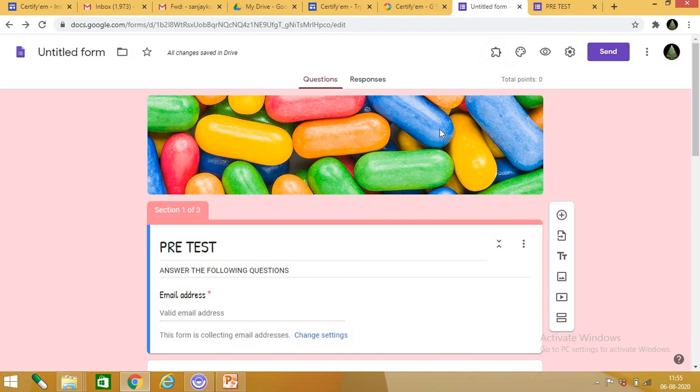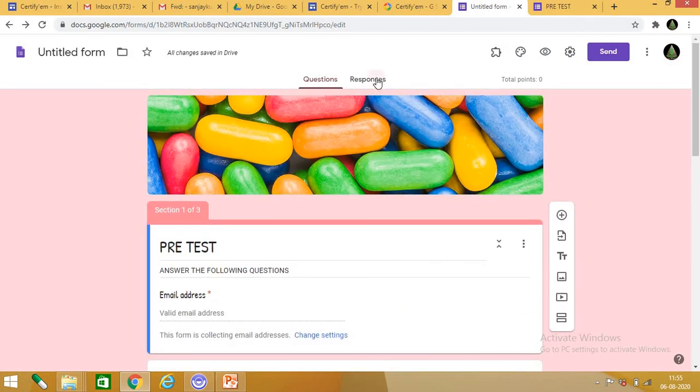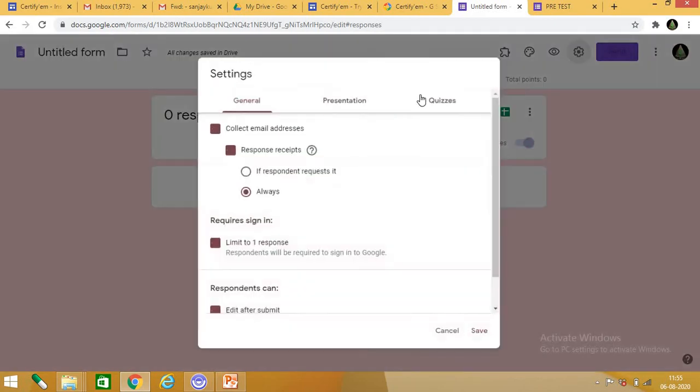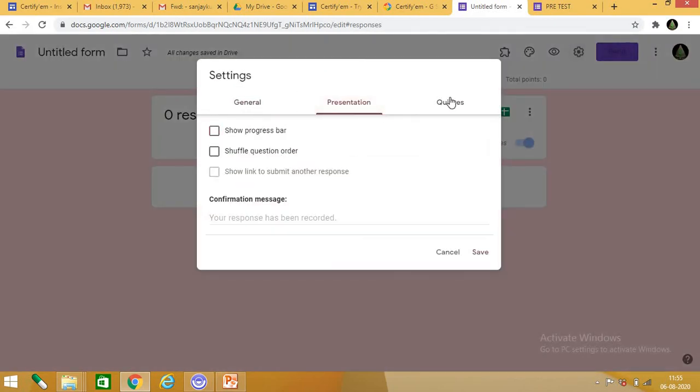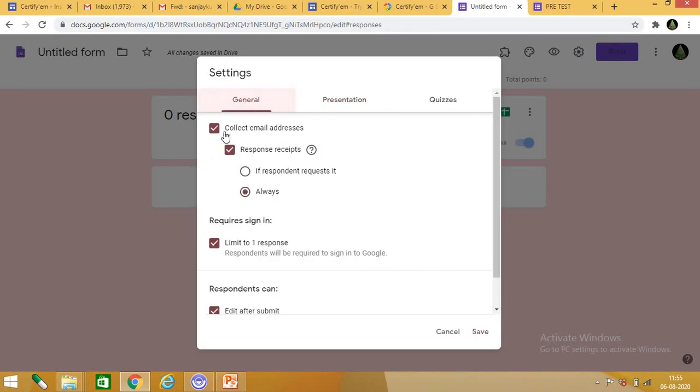For that, first I have to convert this into an MCQ quiz. So go to setting, quizzes, make this a quiz. Save.